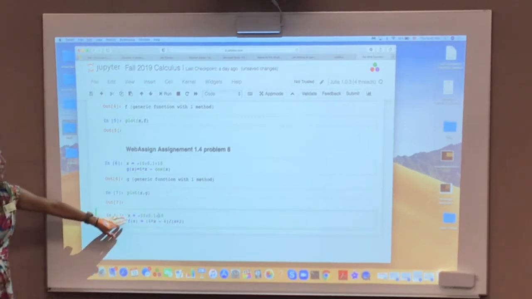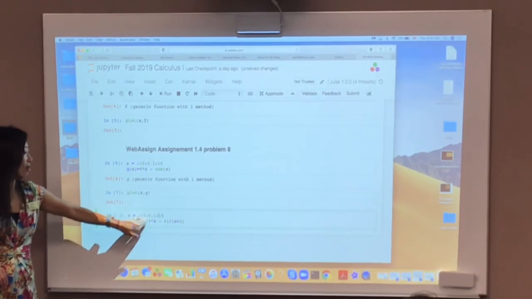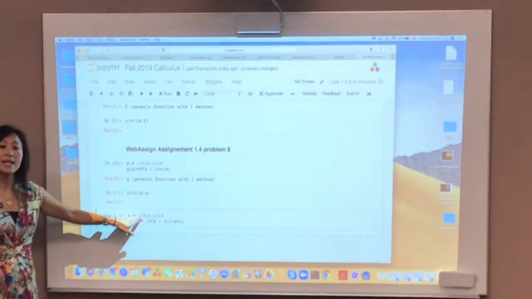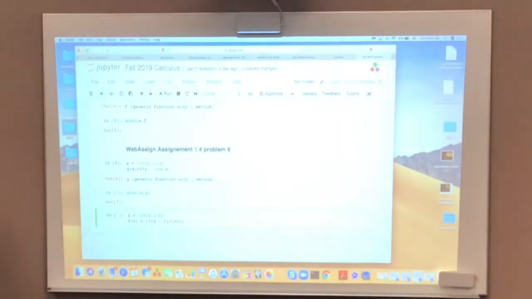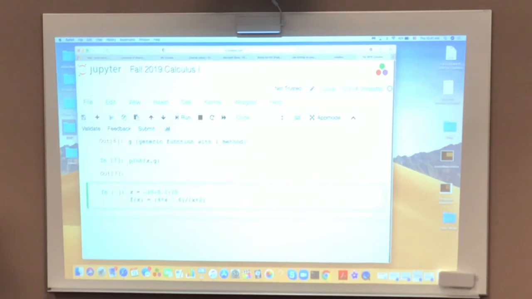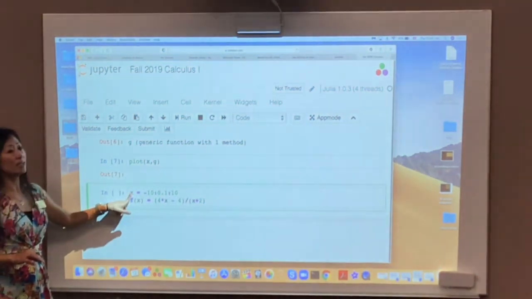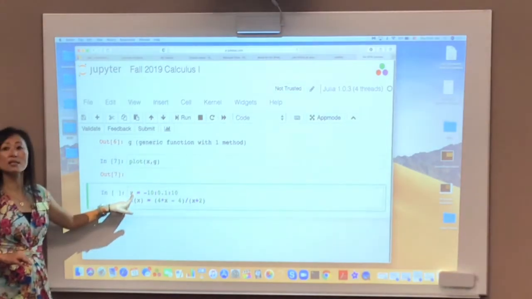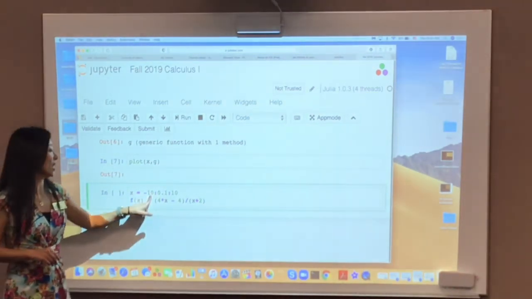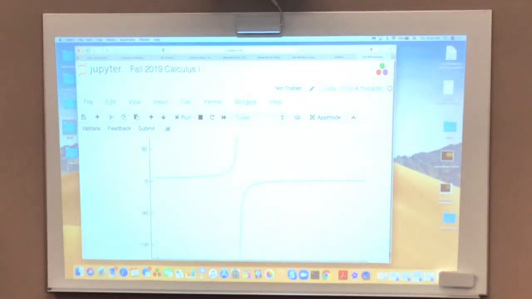So I am doing my x values. I want to evaluate from negative 10. Let me make it bigger. Is it better now? Can you guys see better? So I'm doing my x, my domain. This is my domain. I'm telling it I want my domain to be negative 10 to 10. How do I want to increment? 0.1. Every 0.1 gives me y values. So you know your asymptote